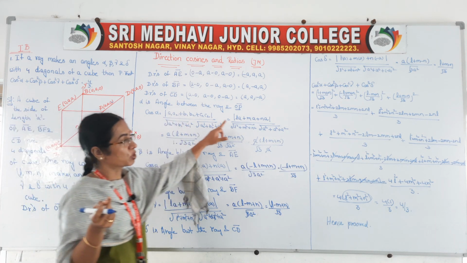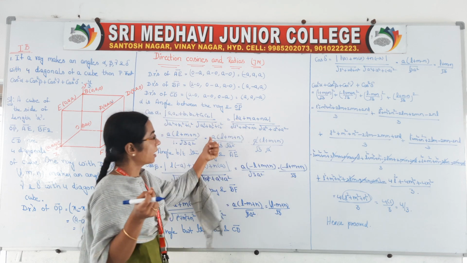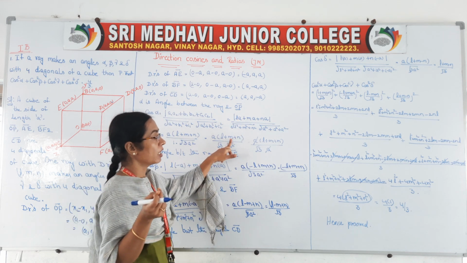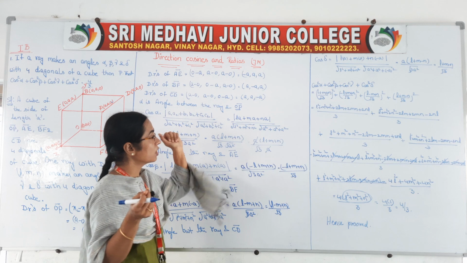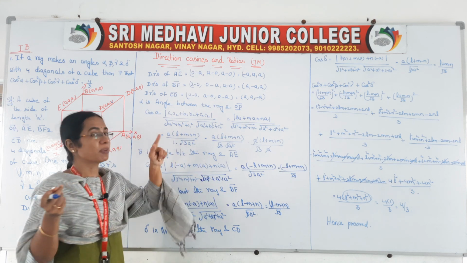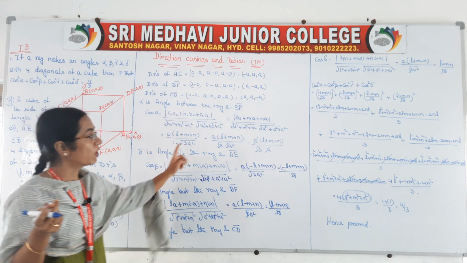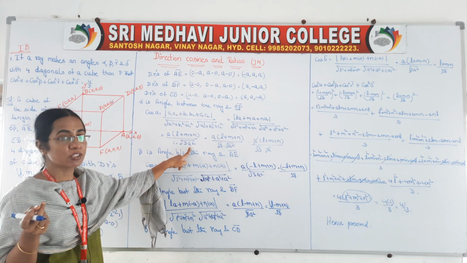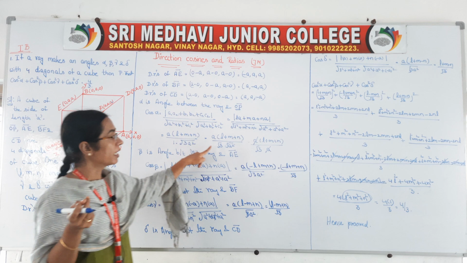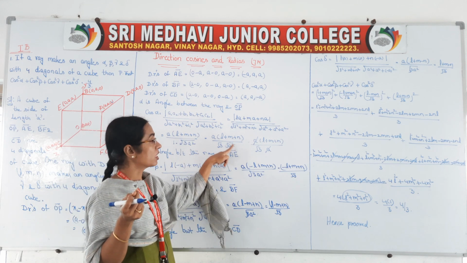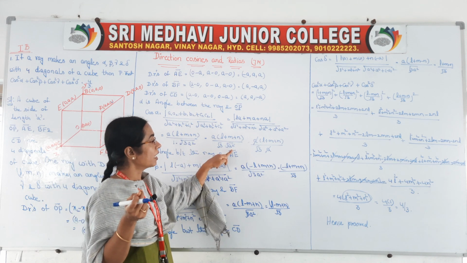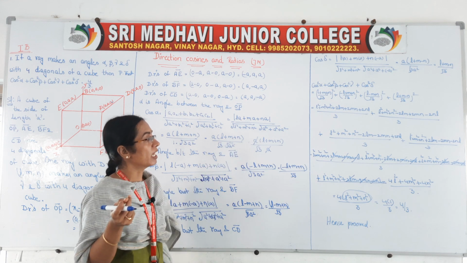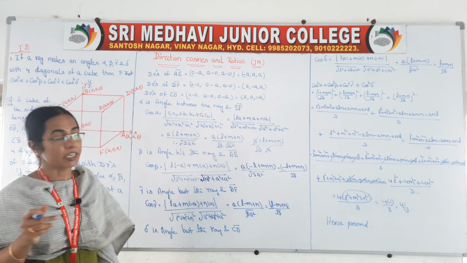Here you have to substitute, right? Then we can take A common, then we will have L plus M plus N, and downwards root of L square plus M square plus N square, whose value is equal to 1. Root 1 is 1 and this is 3 times A square. Take the root separately, right? Root 3 into root A square, square root cancels, and A also cancels. So L plus M plus N by root 3, right?